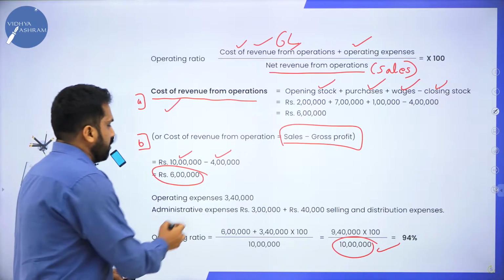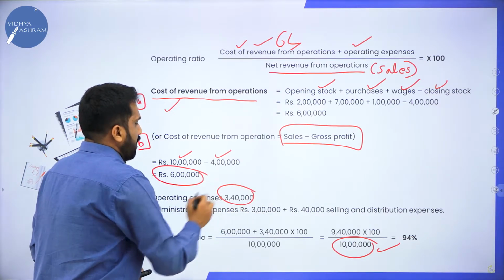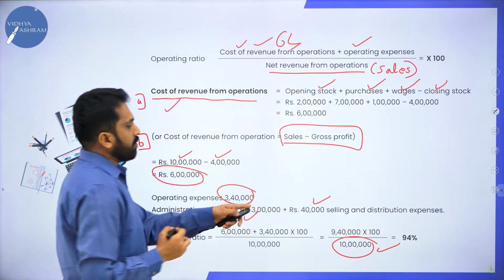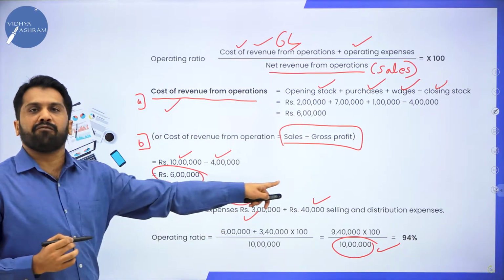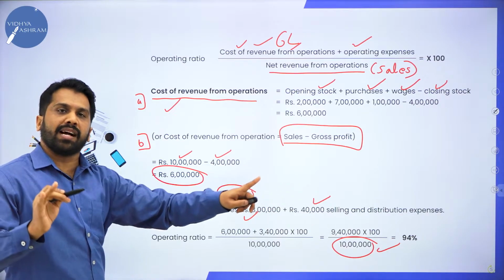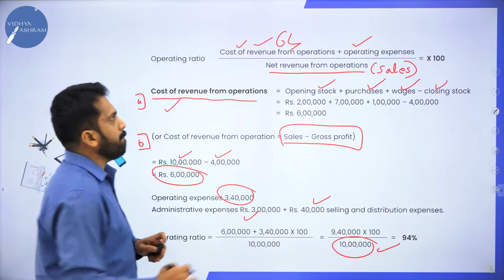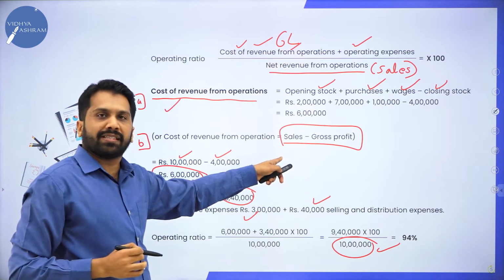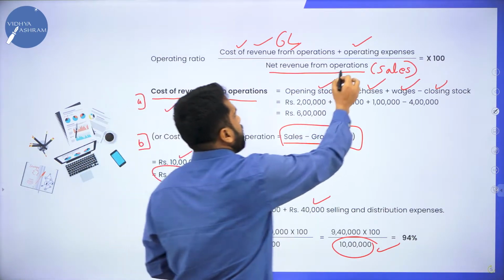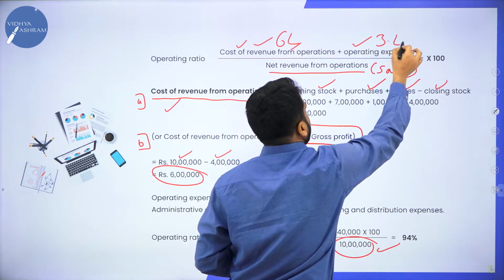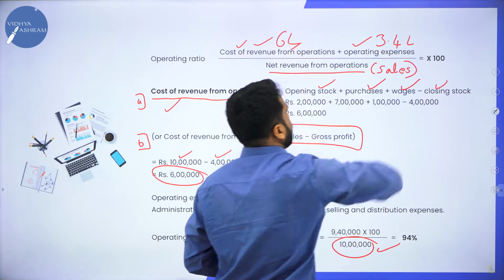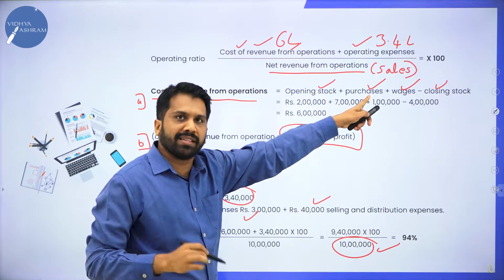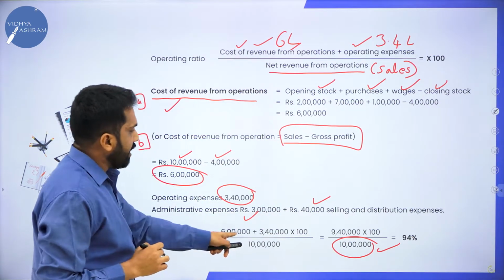Now, your operating is 3,40,000. How? Your administration is 3 lakh, selling is 40 thousand. Total it is how much? 3,40,000. Now, come back to your formula. Cost of revenue, you got 6 lakh. Your operating expenses, you got 3,40,000. 6 lakh plus 3,40,000, your answer is